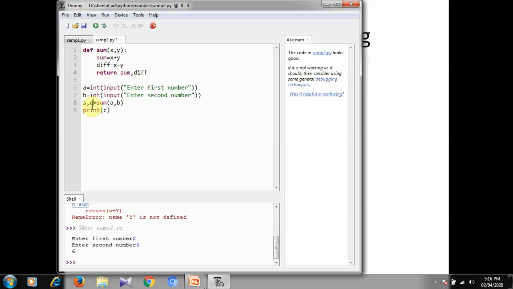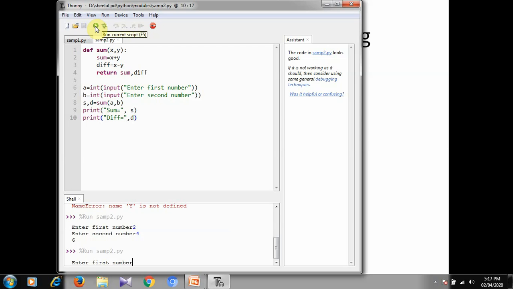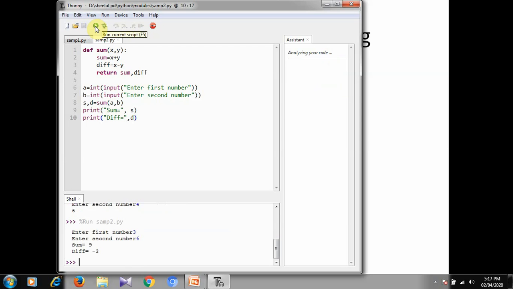The values should be assigned in the same sequence in which we are returning them. Now here we will print the result. We will save it, execute it. It will ask for the first number, then the second number. We got sum and difference as 3.